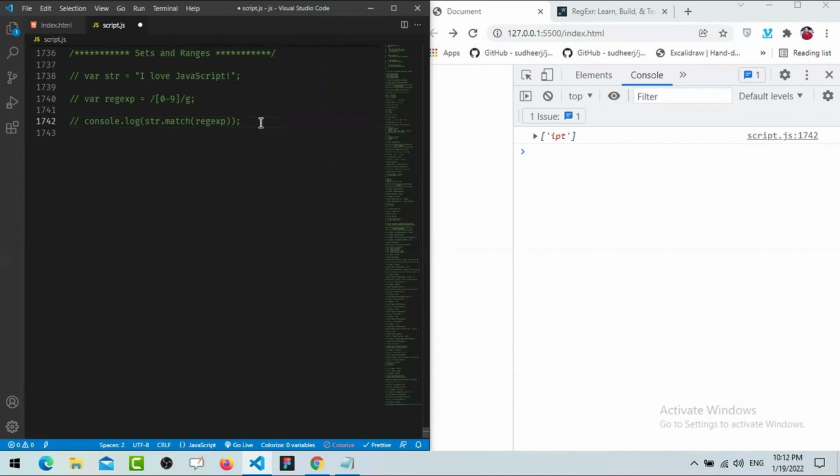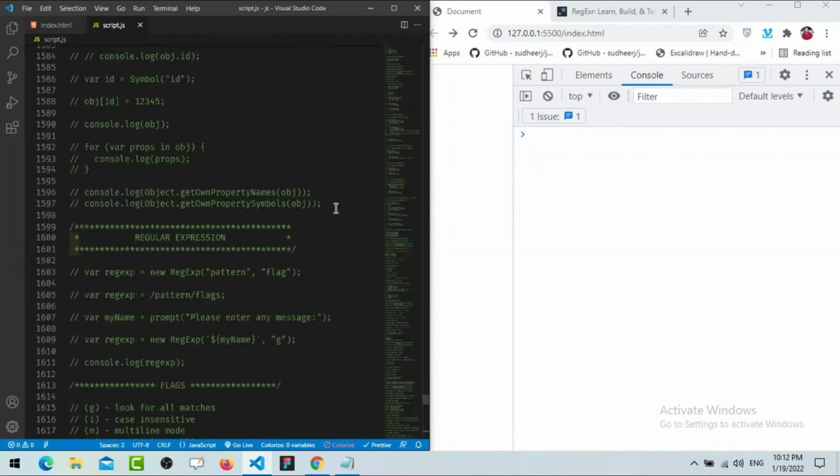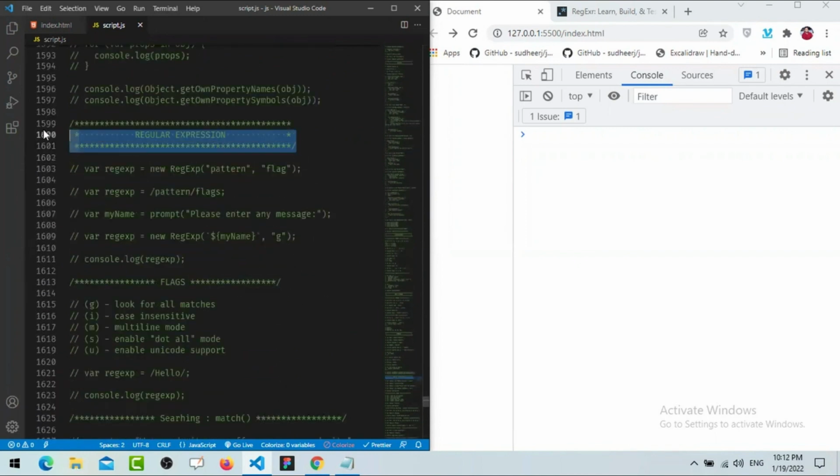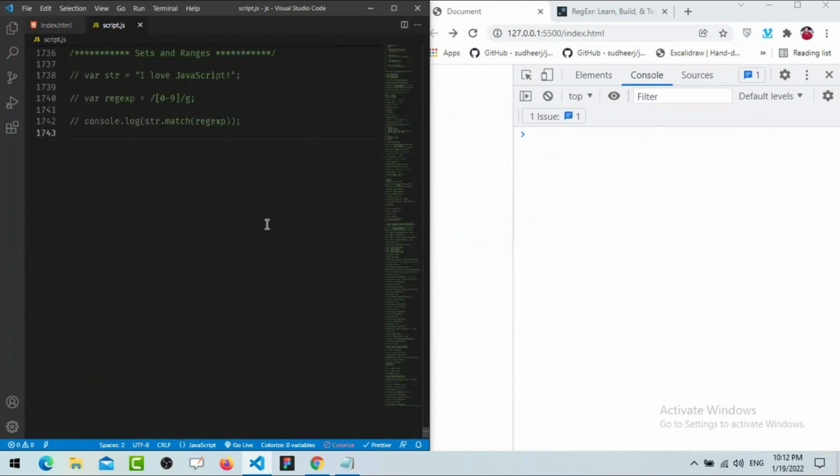Is that okay, everyone? Because if I explain to you about the regular expression, it will take 2 or 3 more classes. Then also it is not going to complete. Okay. So now, see, this is a very huge topic actually, regular expression. So many cases are there. Now we are going to learn about